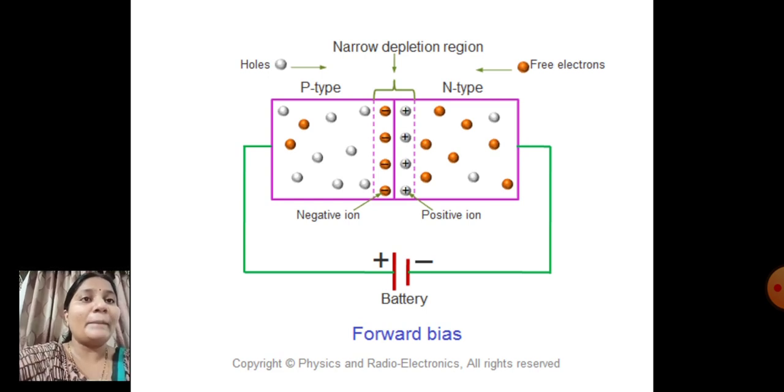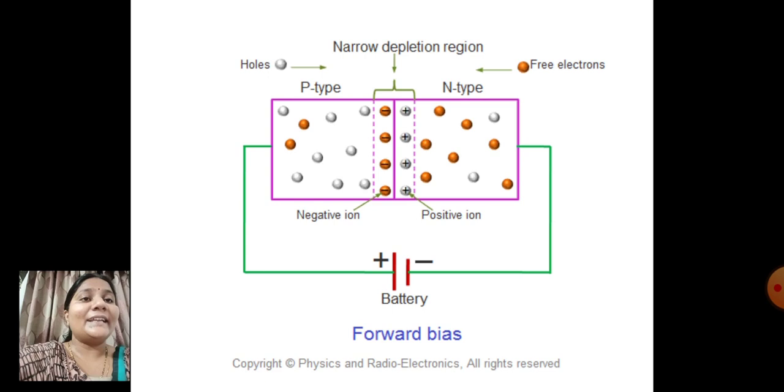Clear? Now what happens to the majority charge carriers in p-type and n-type? The majority charge carriers in p-type and n-type semiconducting material will simply cross the junction, and the minority charge carriers in these two materials will simply reach the electrodes of the battery. And when majority charge carriers are continuously crossing the junction from P to N and similarly from N to P, the width of the depletion region will decrease. And if I still increase the battery voltage, the width of the depletion region decreases further.